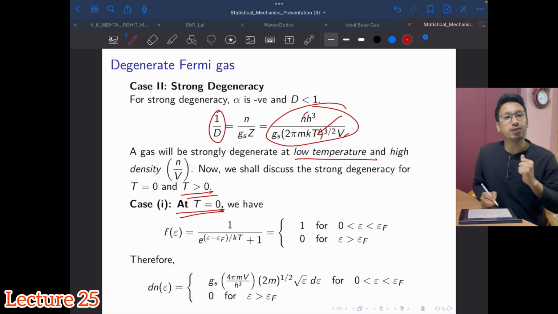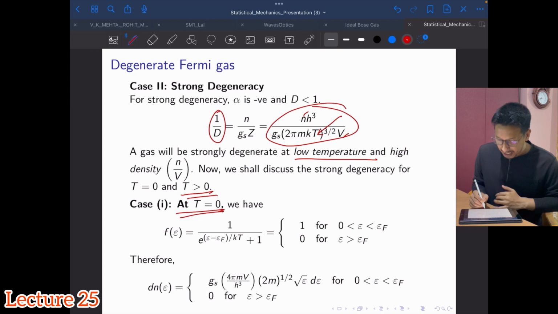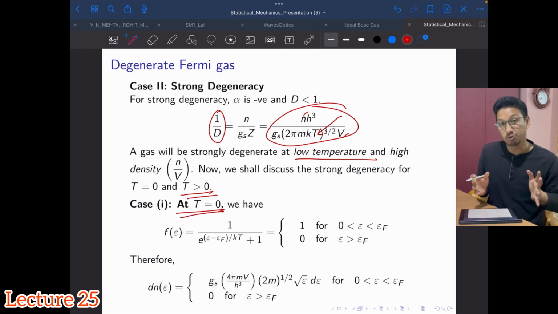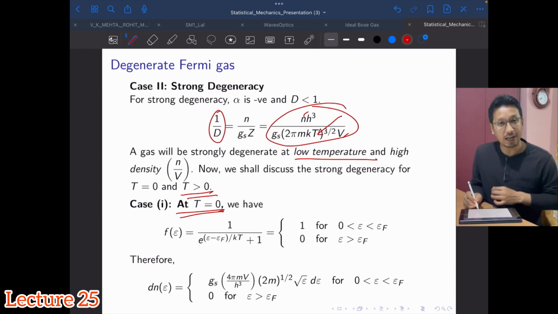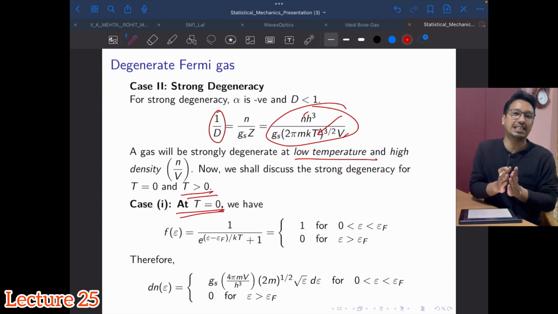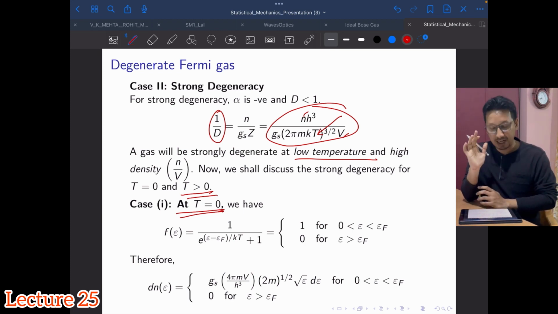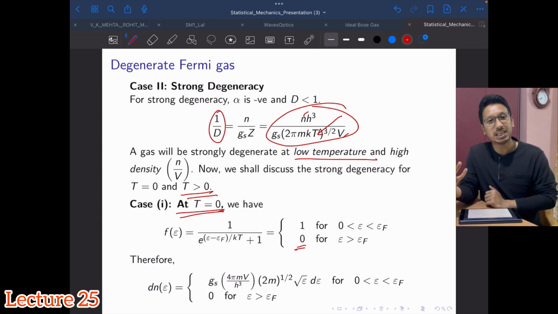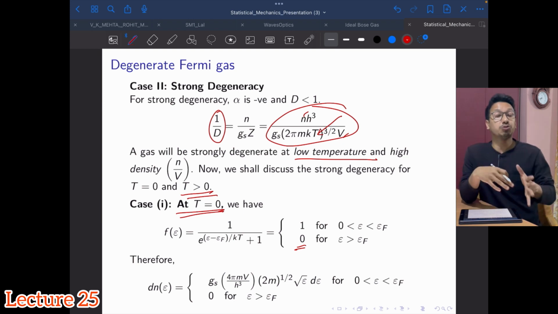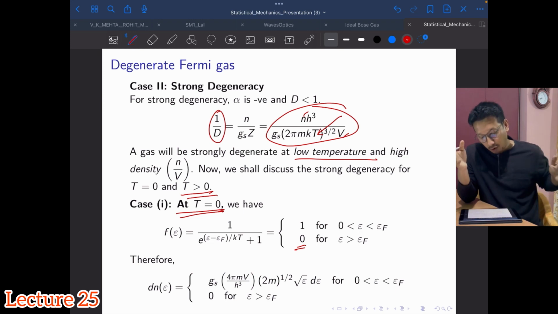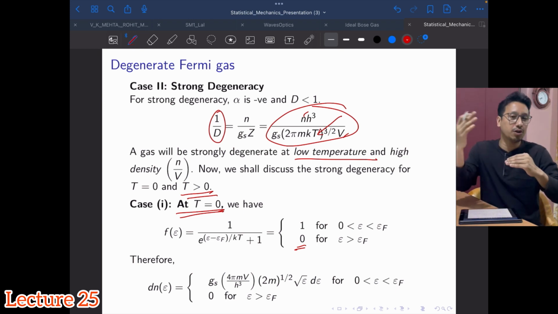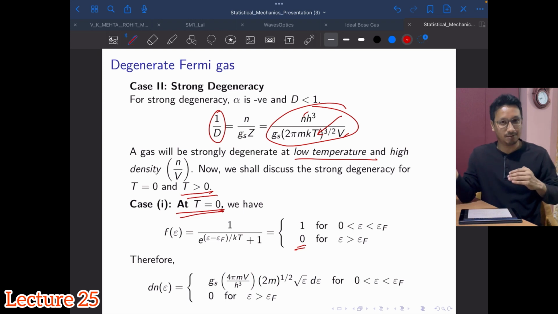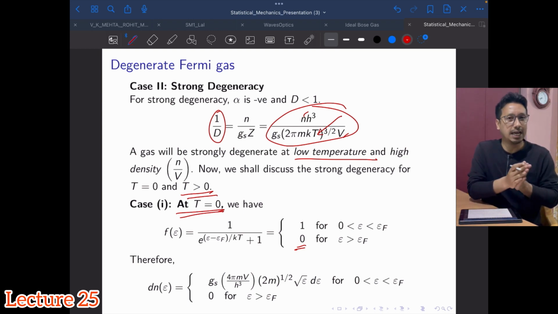We have defined these Fermi distribution functions from our earlier lecture. The Fermi distribution function is equal to 1 when your energy is less than the Fermi energy, whereas it will take 0 when you have energy greater than the Fermi energy. This distribution function talks about the probability of occupancy, meaning all the energy states are filled up to the Fermi level, and beyond that all the states are empty. So that's what happens for fermions at absolute 0.